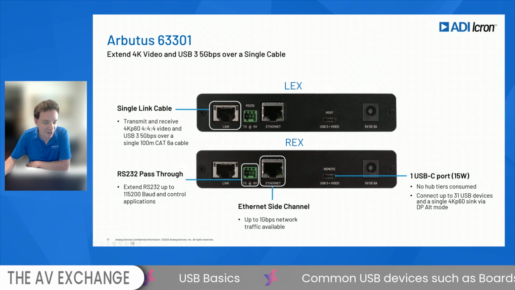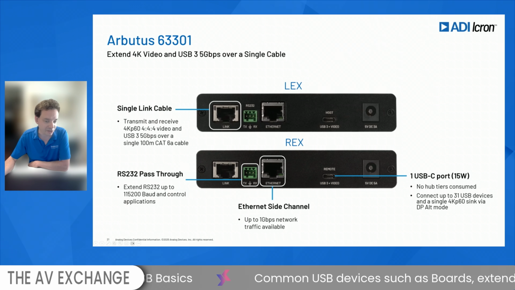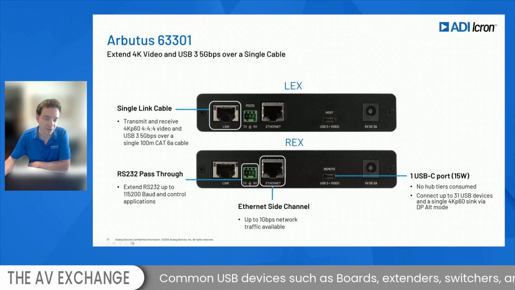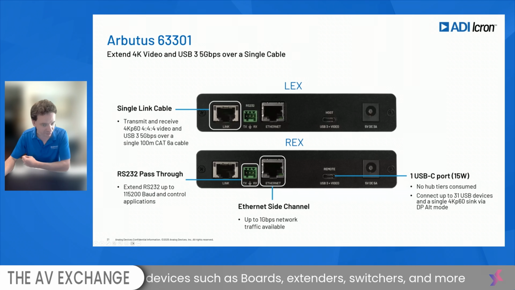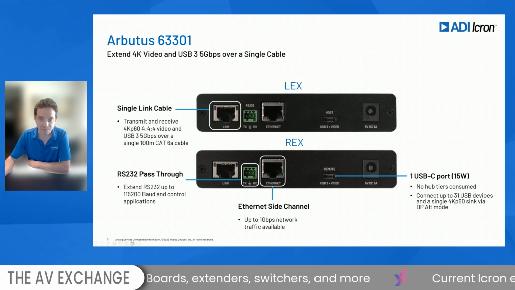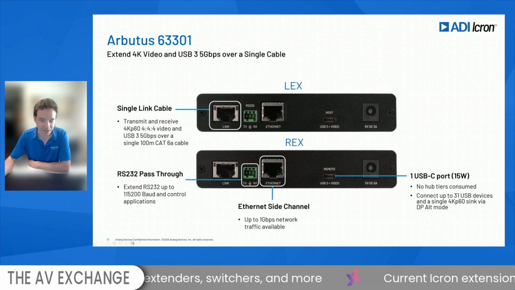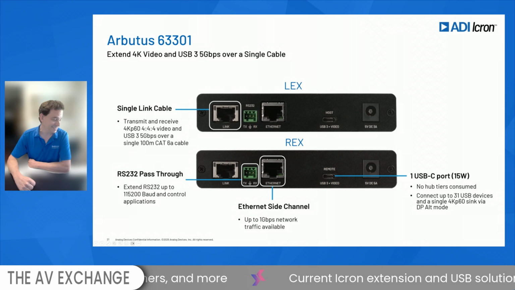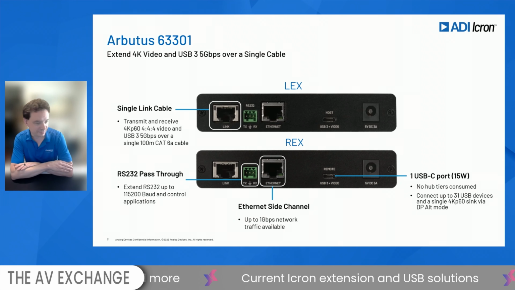So you've got Ethernet pass-through for any kind of networking you need to do for control, or just having a network to go through and leverage that same cable. You have RS-232 for other controls like projectors, and this will still do that. And again, this is USB 3 and video in, USB 3 and video out on a Type-C connector, in and out. Fully fledged, I mean, the 4K 444 60.